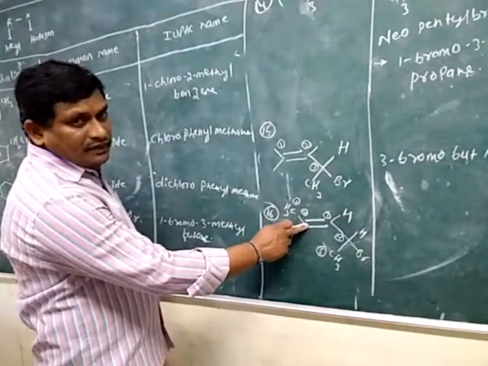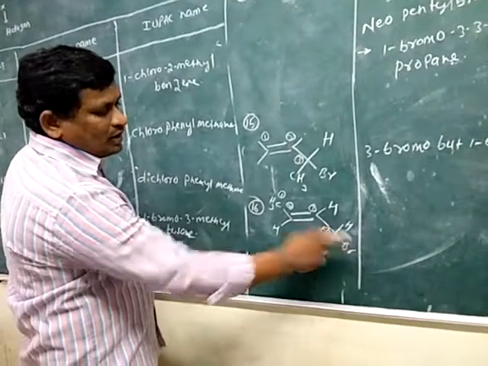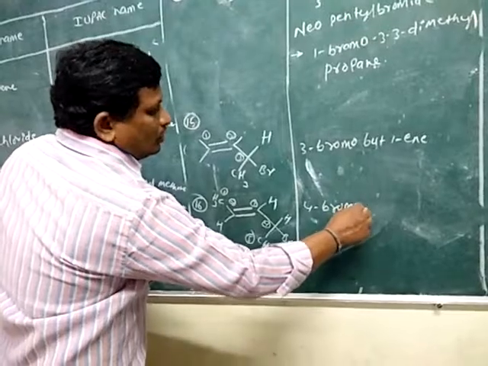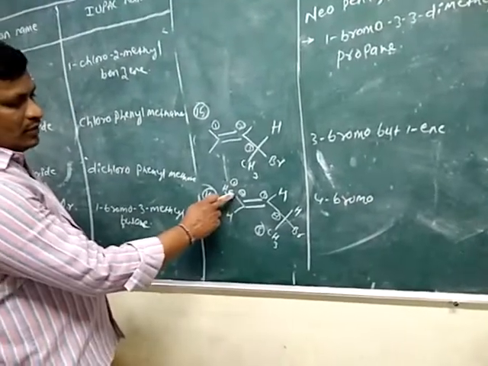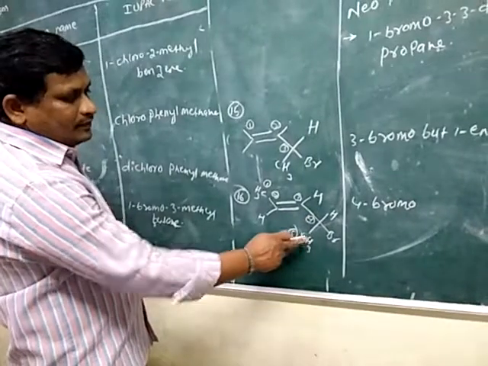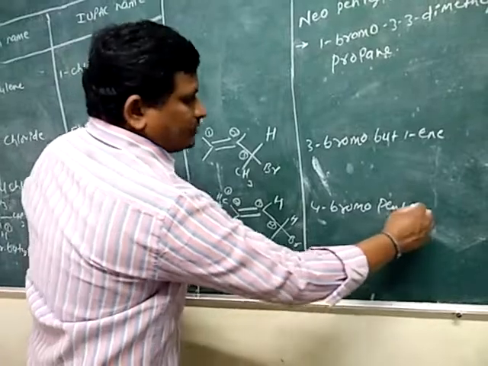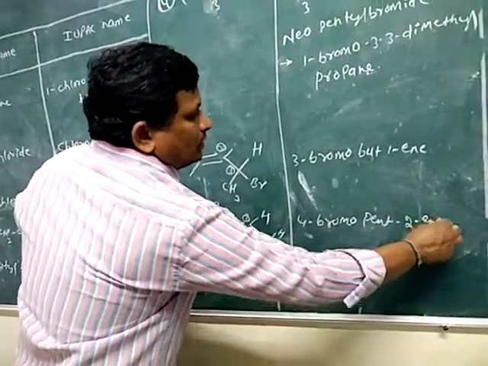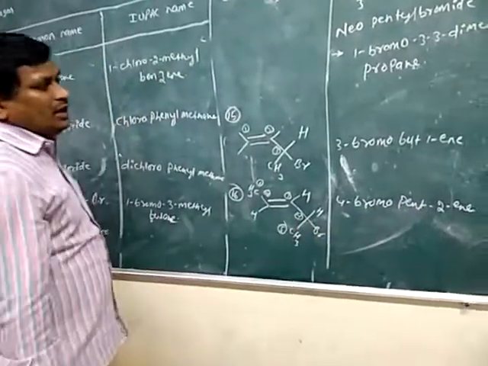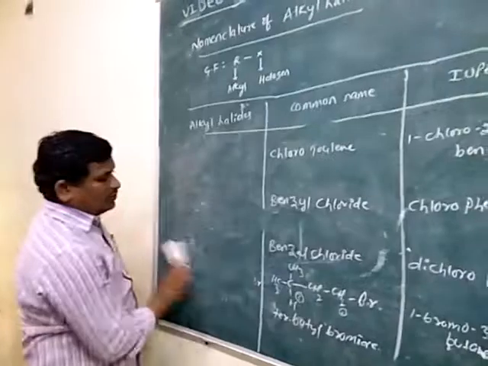The second carbon has a double bond, the fourth carbon has the bromine group. So the name of the compound is 4-bromopent-2-ene. 4-bromopent-2-ene is the IUPAC name of the compound. Then the next compound is